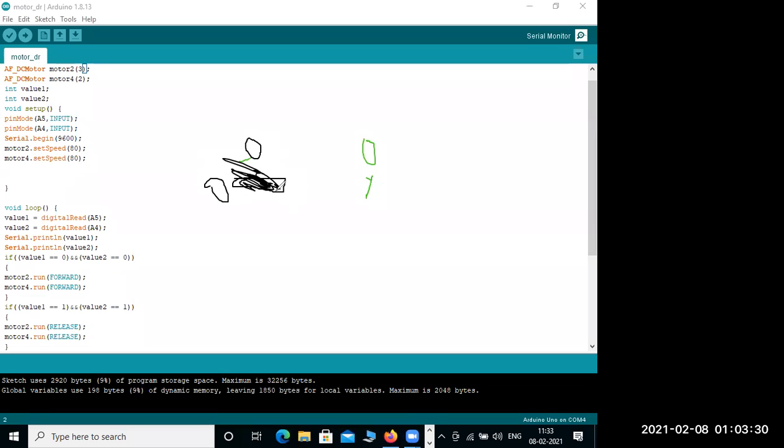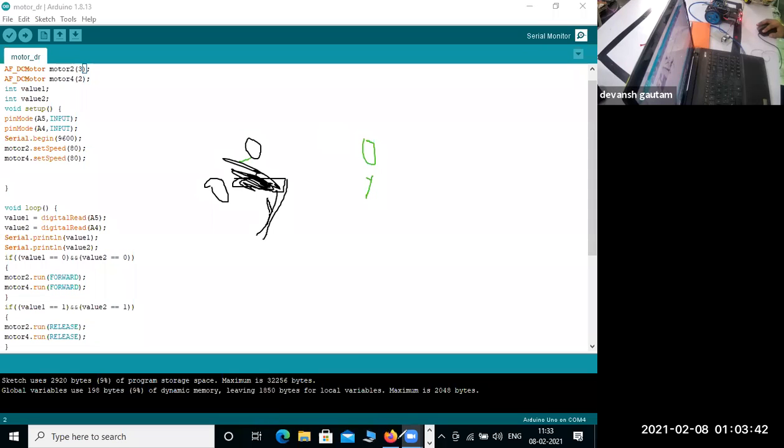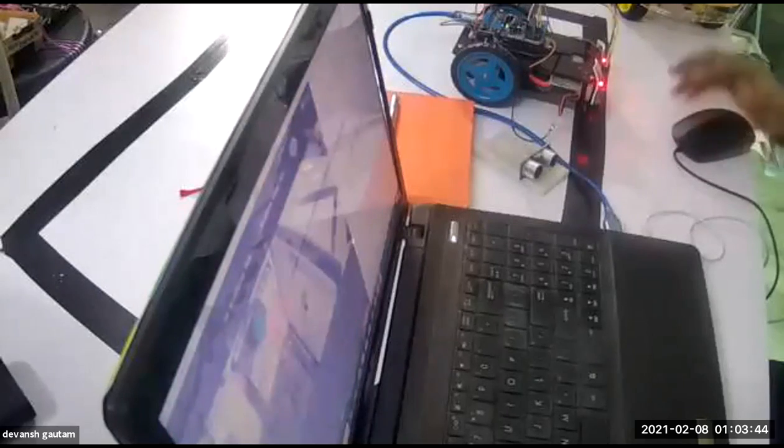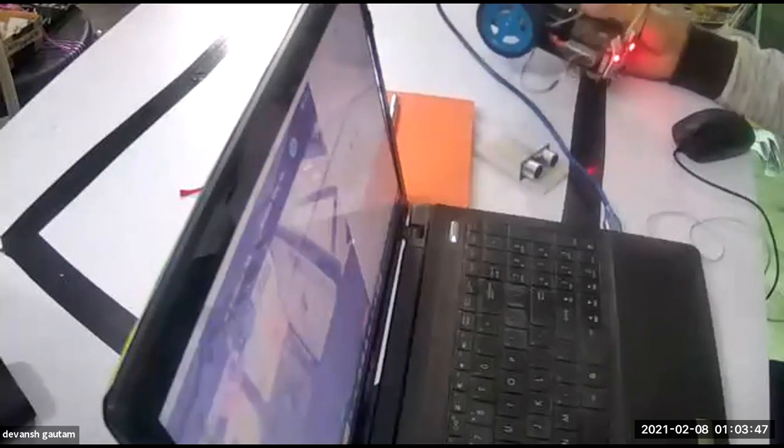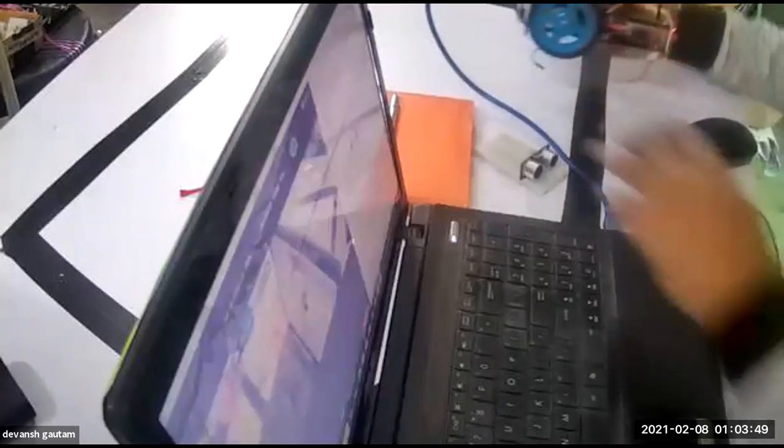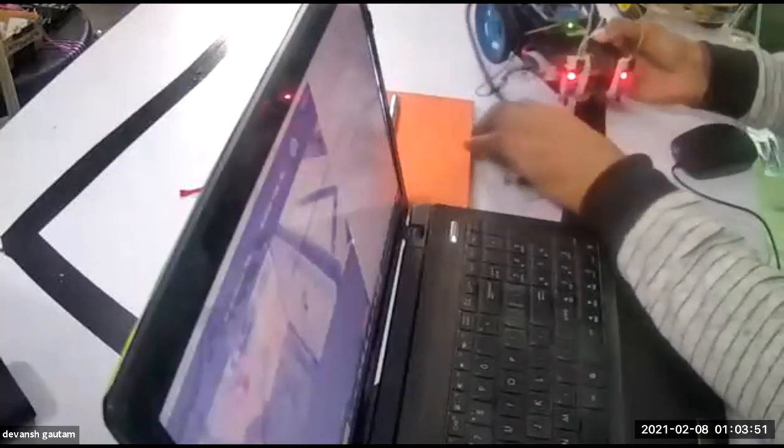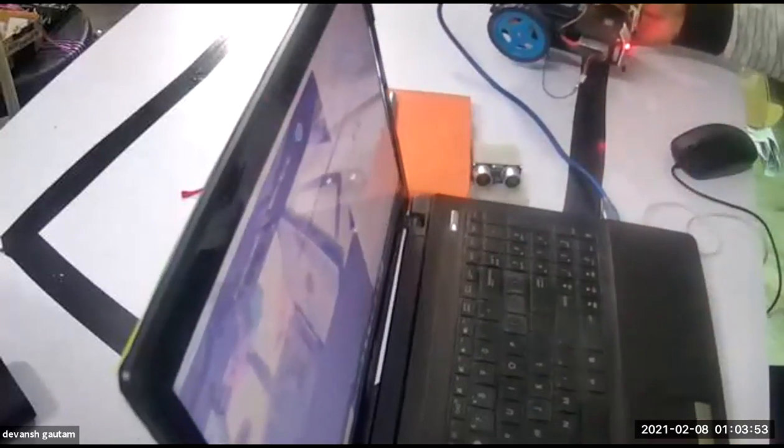So when it has a turn, we are moving this way. When our robot comes, it will come to this point. So I will show you on the camera. So stop sharing, so everyone can see my robot. So see when we have a turn. Suppose this is a turn.